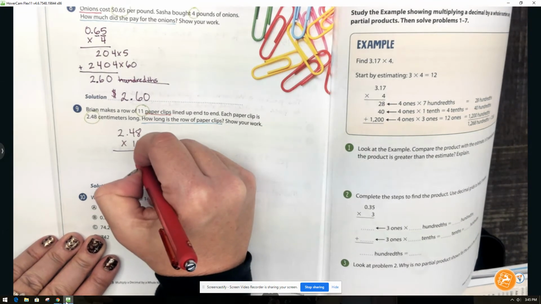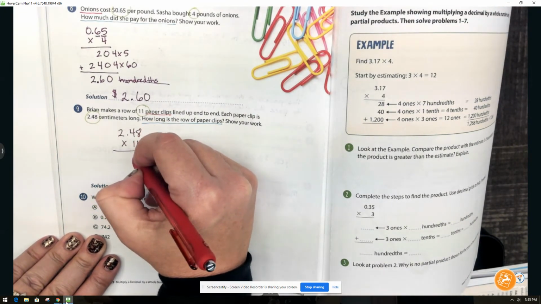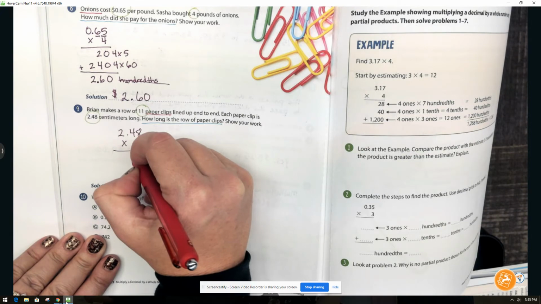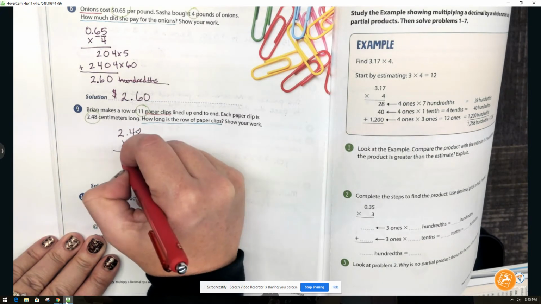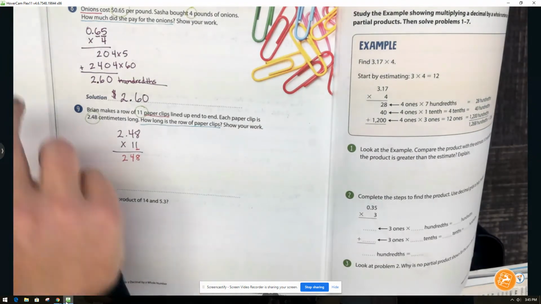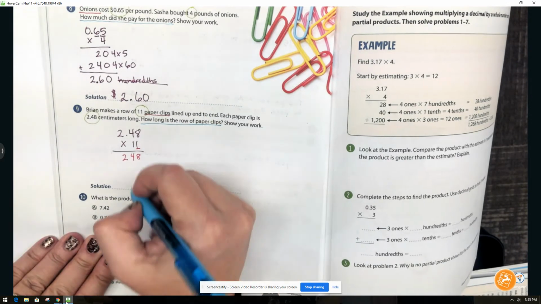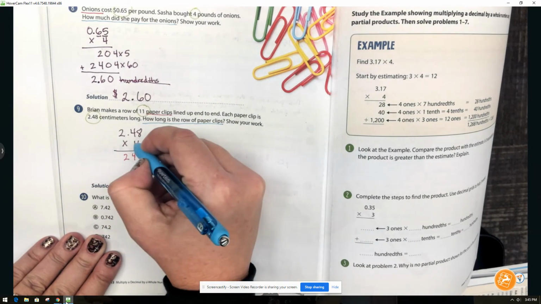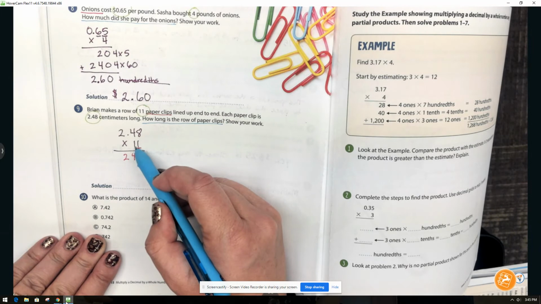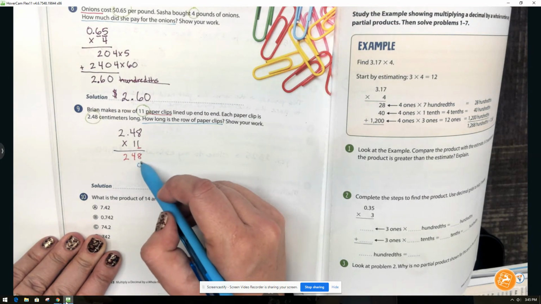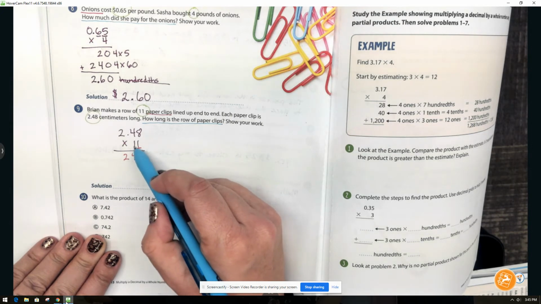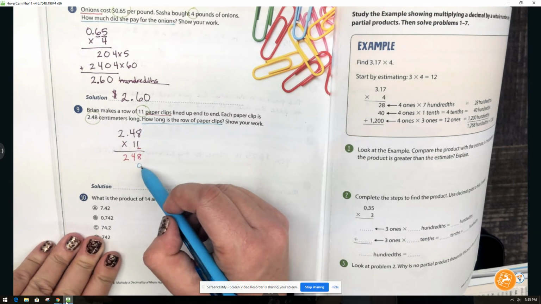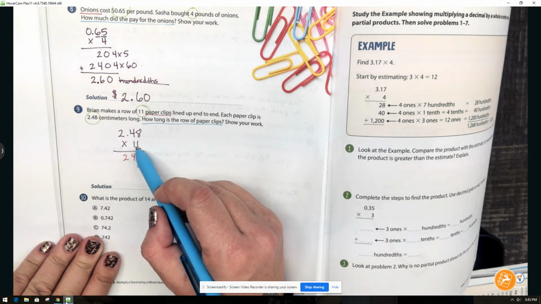1 times 8 is 8. 1 times 4 is 4. Or 1 times 2 is 2. Then, don't forget, I need to put my 0 placeholder because this 1 does not mean 1, it means 10. So this one, by putting my 0 down below, that's saying that I recognize that this 1 here is actually